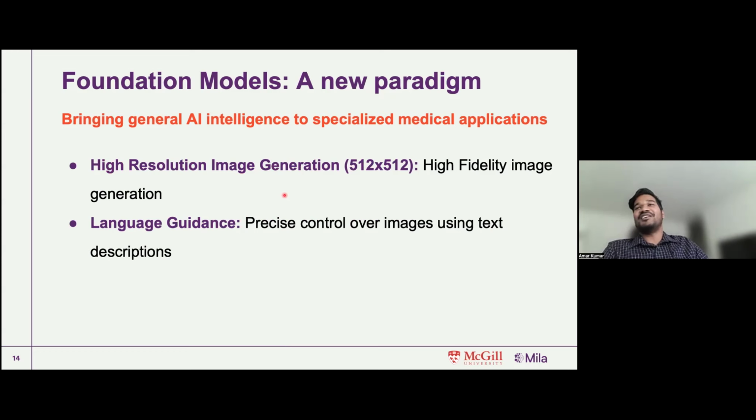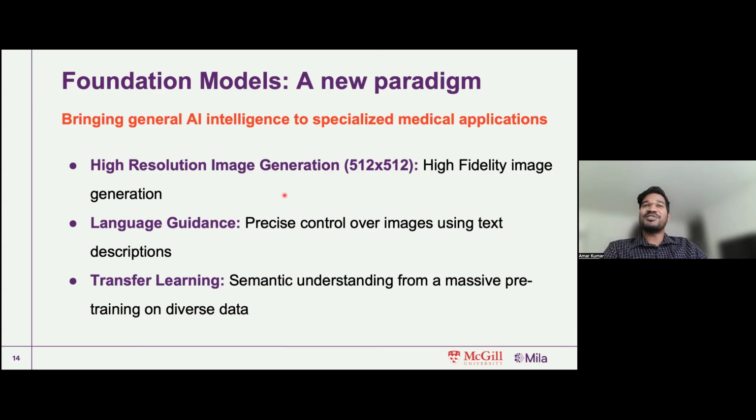And what's also interesting is that we never showed the model what this text is associated with, which essentially leads to the last point of the contribution: we were able to perform semantic understanding using massive pre-training from a diverse dataset, and this was on a natural corpus. So we are not even utilizing the entire image-based corpus information. Rather, we are taking the pre-trained language model that was trained on natural languages, not medical images, and still utilizing them for medical imaging tasks.